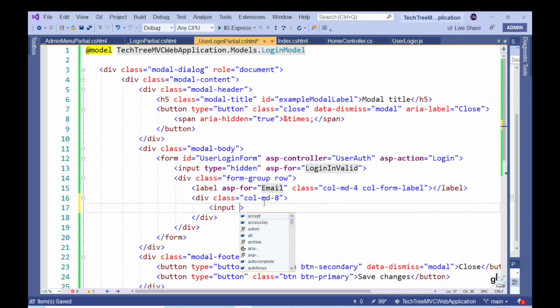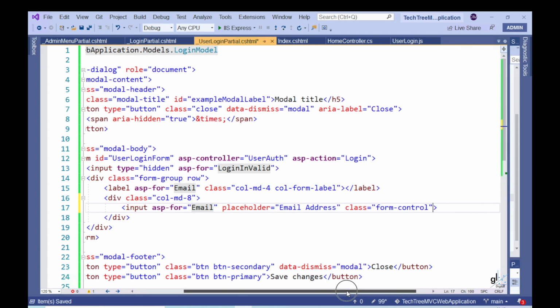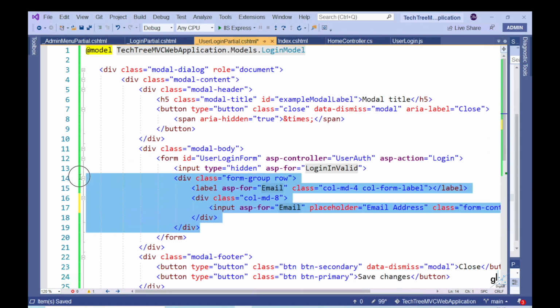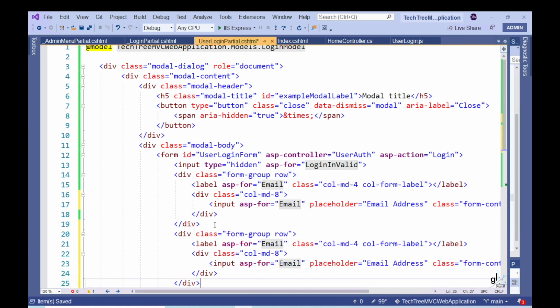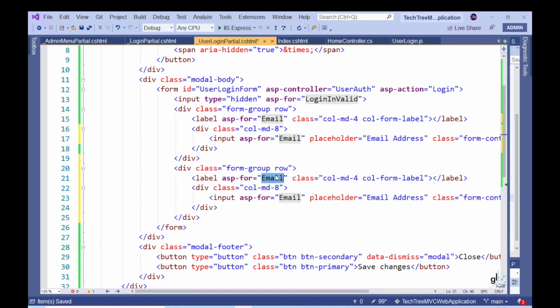Let's include a text input field, which denotes a field representing the user's email address. Note, a valid email address must be entered into this field as the user's unique username. Let's include a password field, which obviously denotes a field into which a user can enter the user's password. Note that we are appropriately wiring up each field to its corresponding property in the LoginModel class by appropriately applying